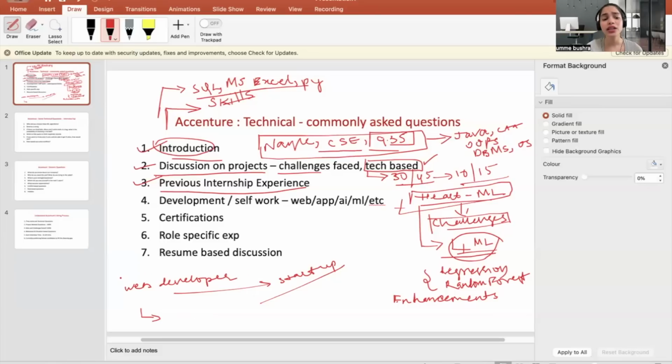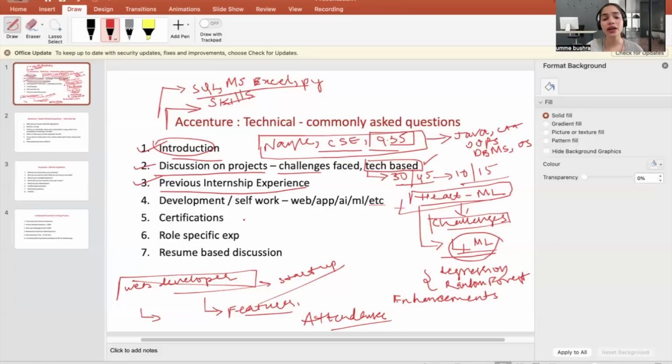And if you have some experience, say as a web developer or an app developer or anything like that, then you can also talk about that: what all you worked on, what features you added, what websites you built, or how it helped the startup. Or if you've done something for your college, like you have made some attendance system, you can talk about all of that. Try to cover all of them on a positive note. And this is how we talk about the internship experience or any work experience that you have had in the past.